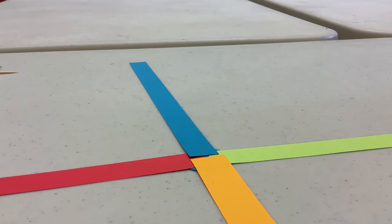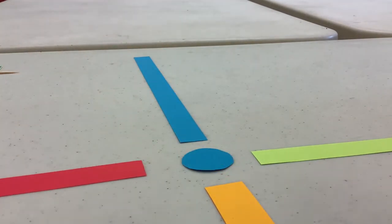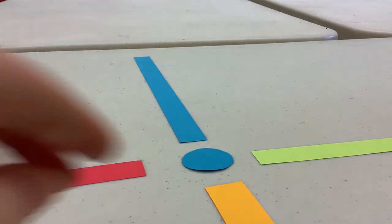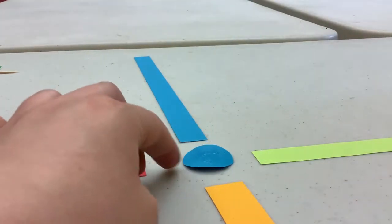So you're gonna take your glue stick. It might help to have a piece of paper or something underneath your crafting area so you don't end up getting glue on your table or whatever surface you're working on. But we'll go ahead and we will move these out of the way so that we can glue down our strips. So I'm just gonna go ahead and make a nice little circle of glue right on our colored circle,